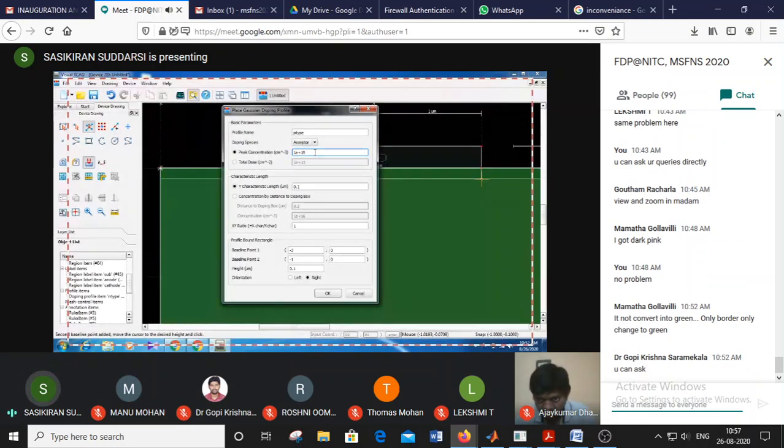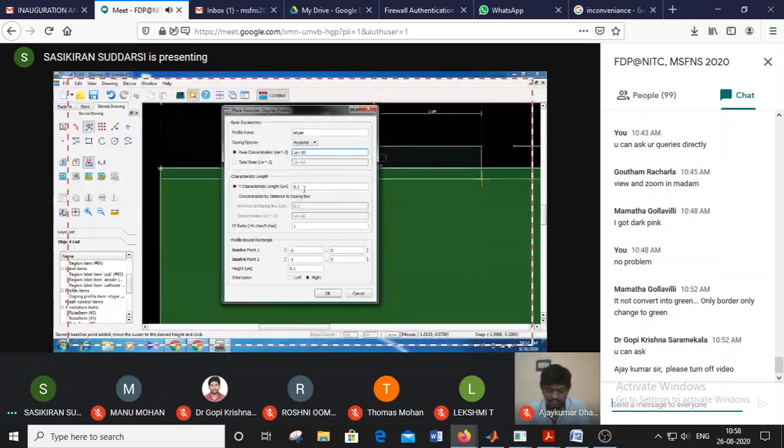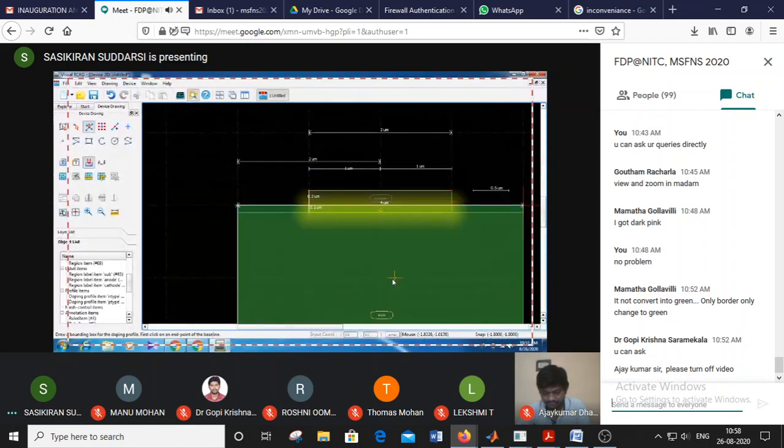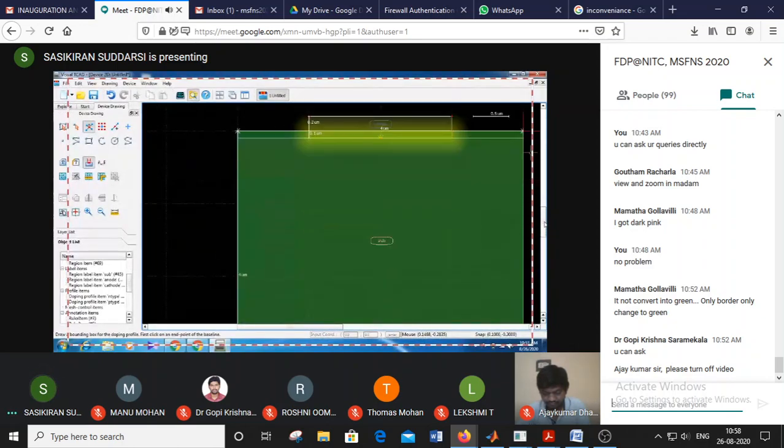Okay, it is a p plus n: the P concentration is more than the n concentration. Here it shows the y characteristic length, which I changed to 0.25 micrometers, and the xy ratio is defaulted as 1. Okay, see, it has some doping.